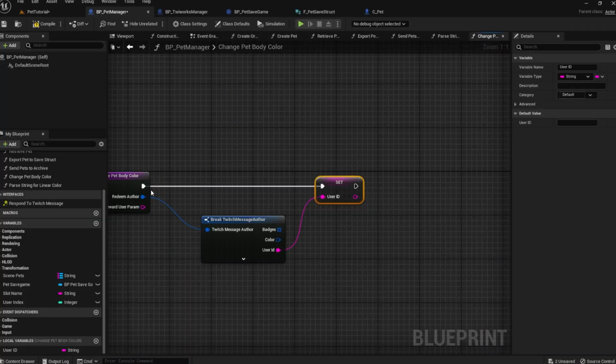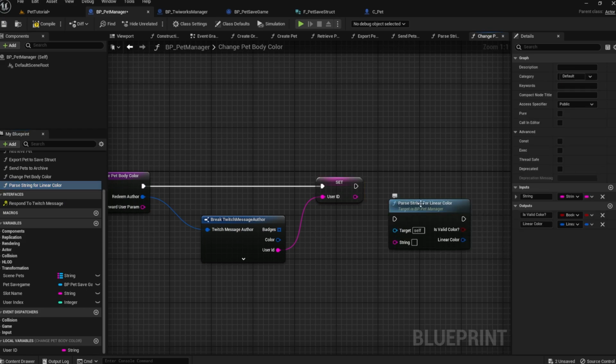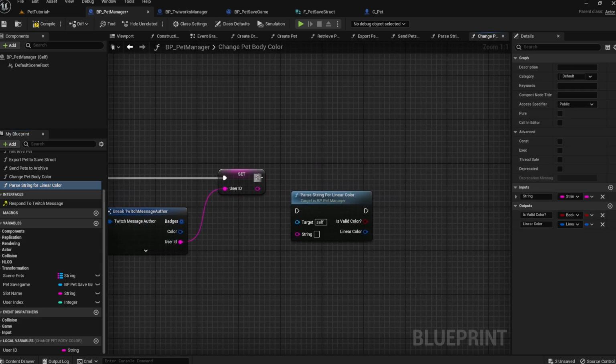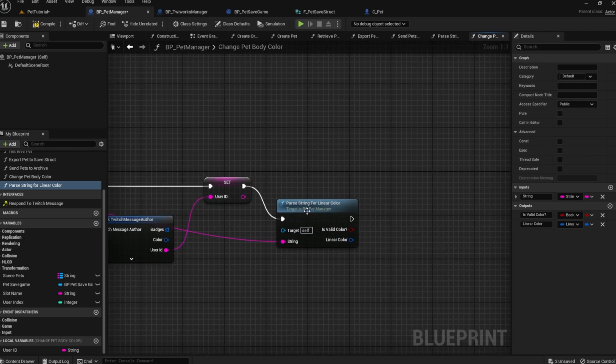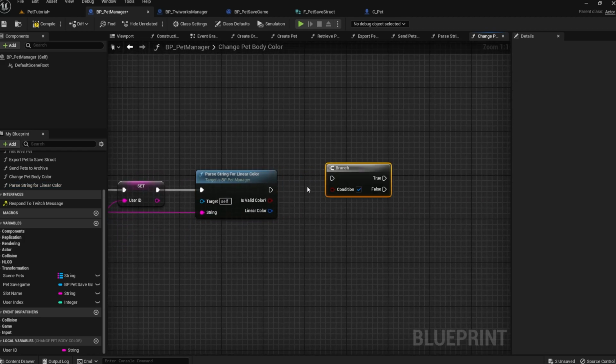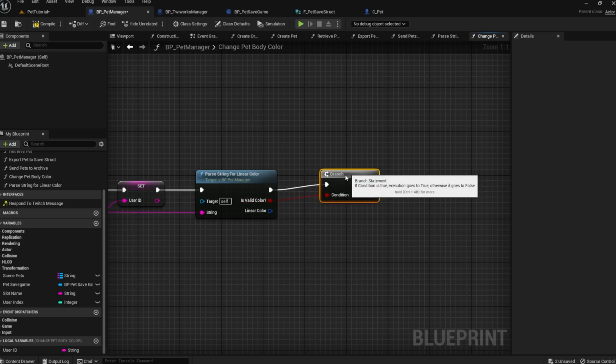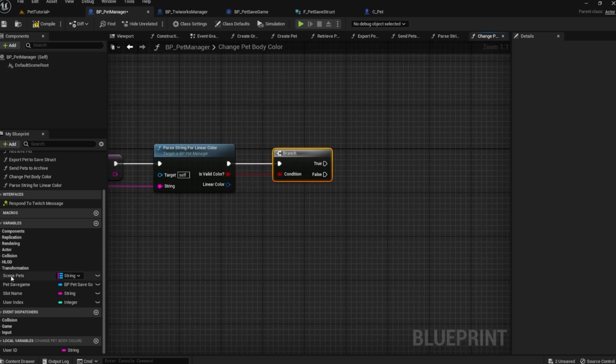Make a call to your parseString for linear color function that we just made. Connect the string pin to the reward user parameter pin for your input, and then create a branch node and plug the isValidColor bool into that.